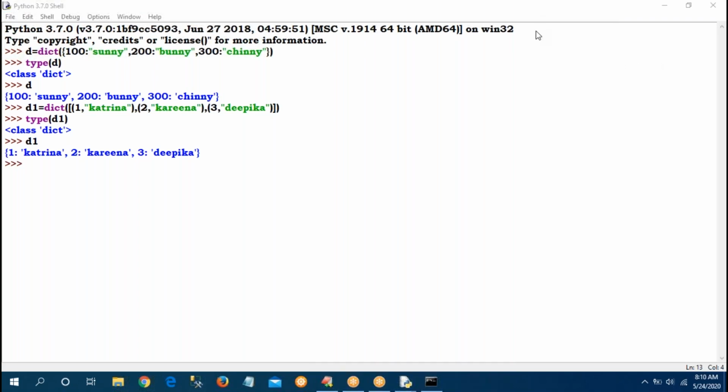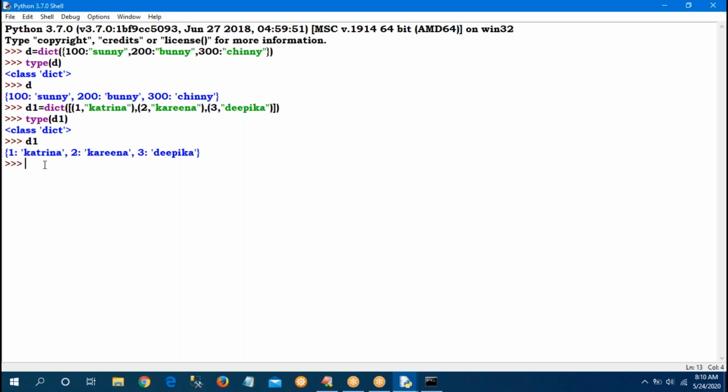So first, the dictionary directly in the form of key value pairs I can provide. Second time I have given a list of tuples. Third one is also there, sir. D2 equal to dict of, dict is the function. Inside that, tuple of tuples. First tuple, second tuple, third tuple. Previously list of tuples, now tuple of tuples. Observe. I have given key A for apple. A is the key. B for boy.